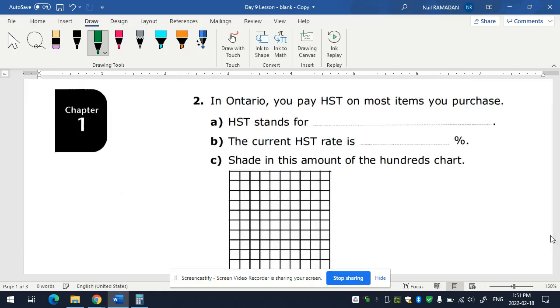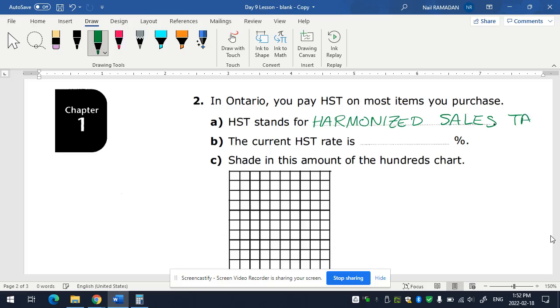So in Ontario, you pay HST. I don't know if you remember the name. S stands for sales, T stands for tax, H stands for harmonized. Harmonized sales tax on most items you purchase. So HST stands for, okay, let's write the full name: harmonized sales